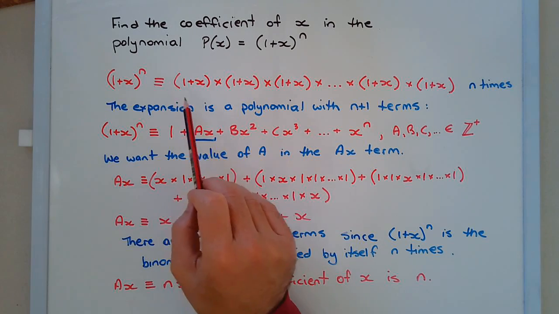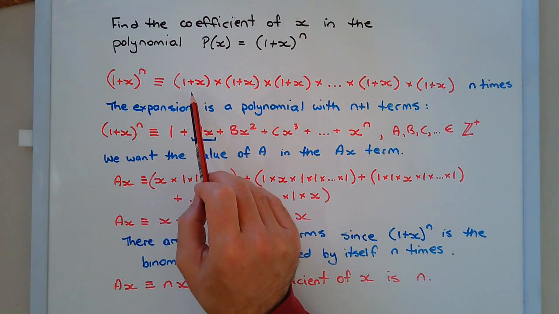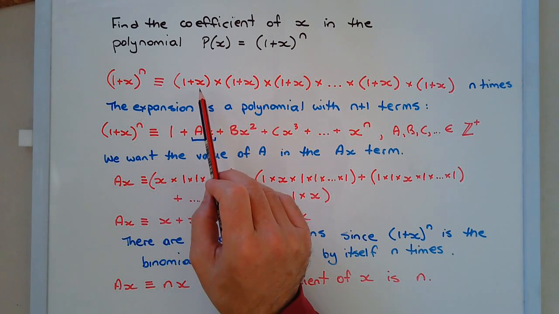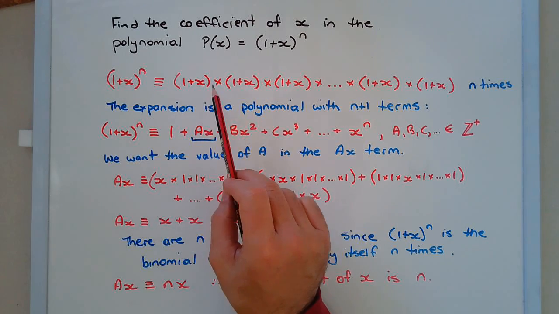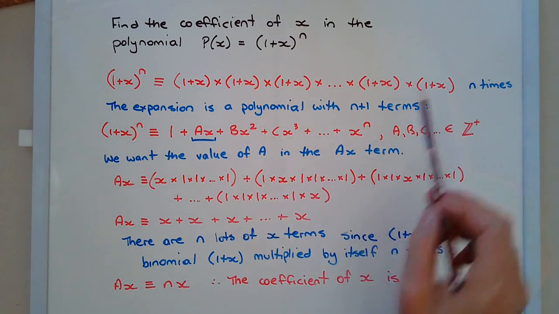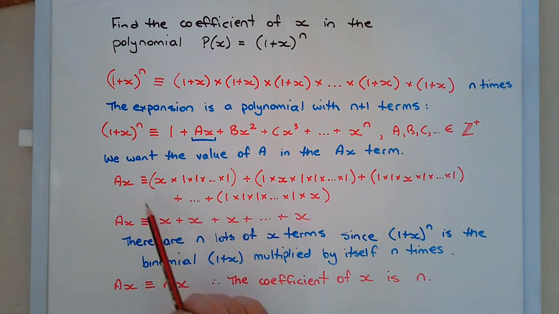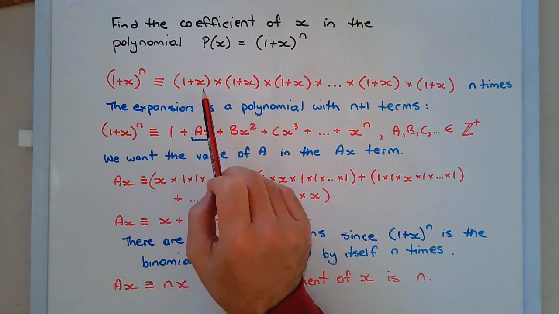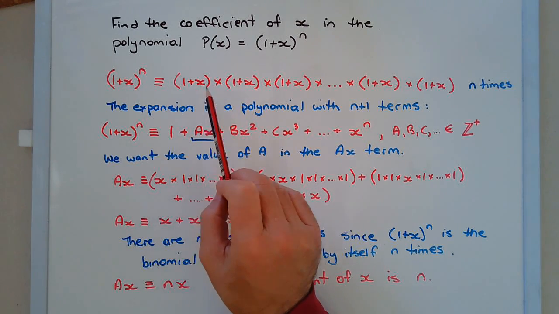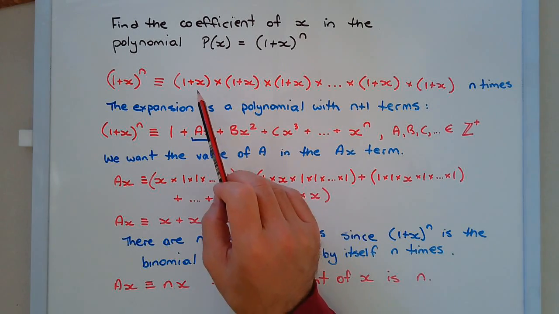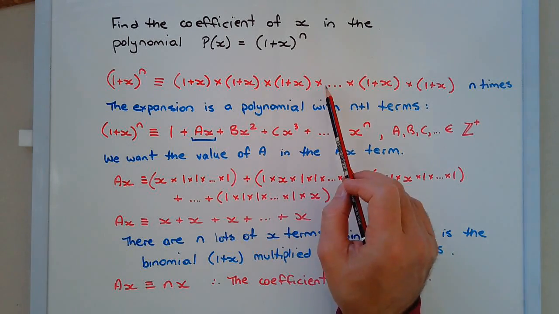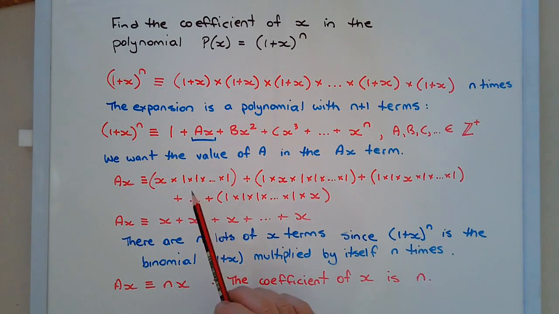If we take the first binomial, choose the x, in order to get an x term, we multiply it by the constant term in all the other binomials. So, for example, our first choice would be to choose the x in the first binomial and then multiply it by 1 in all the other binomials. So x times 1 times 1 times 1 times 1 and so on will give us one of the terms